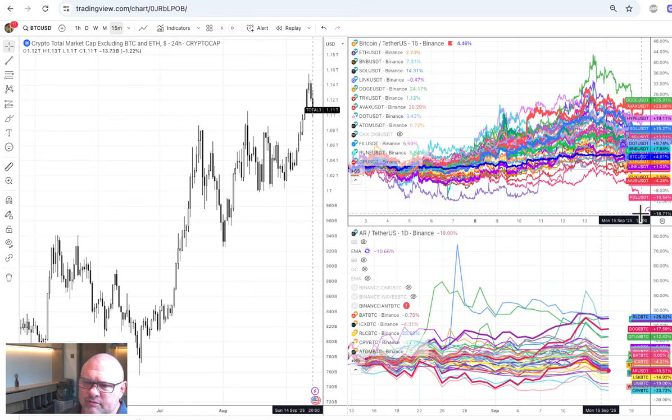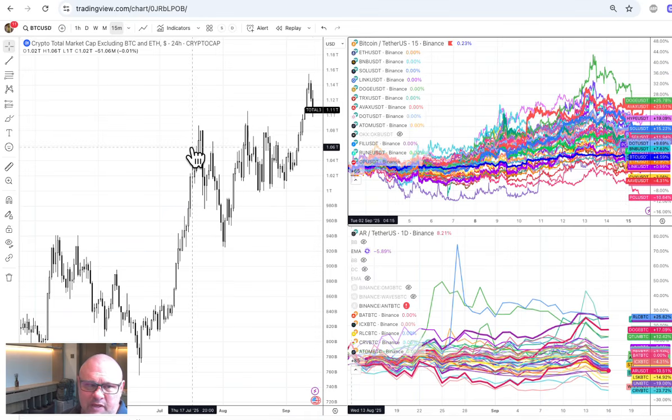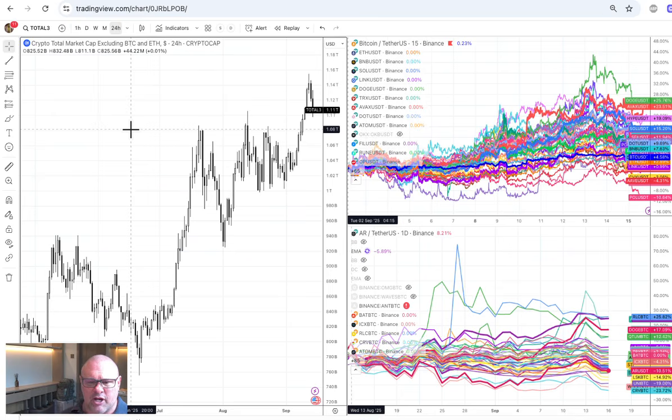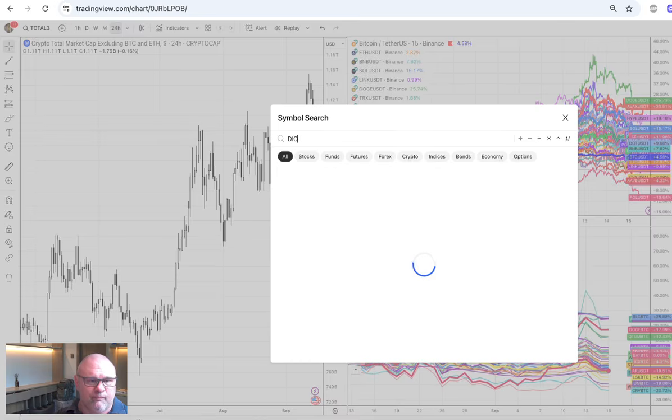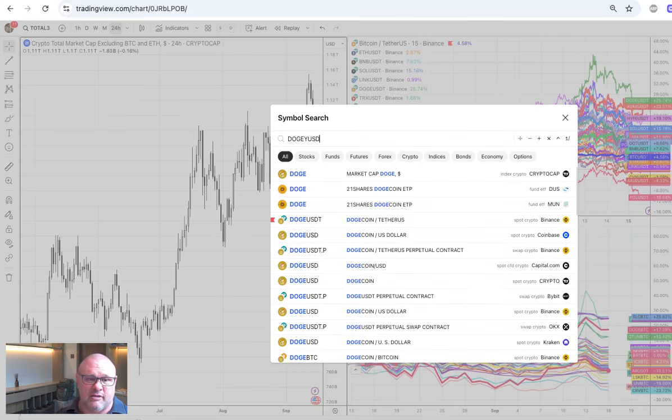So first of all, let's look at what the strongest coins are out the gate. We've got Doge, we've got AVAX, we've got Hype, we've got Solana. Those are the coins that we're probably going to be most interested in now. Now, if you were an intraday trader, you could take that information and do something with it. Let me show you how.